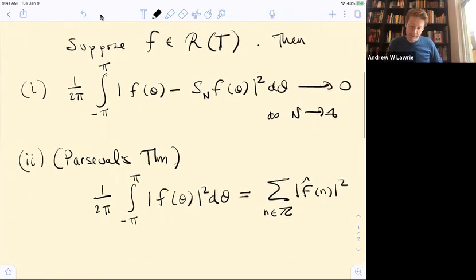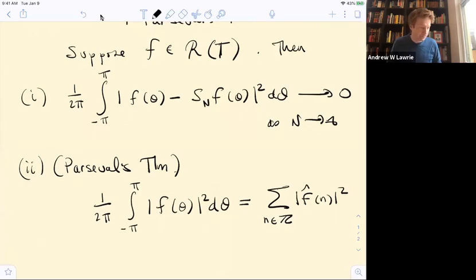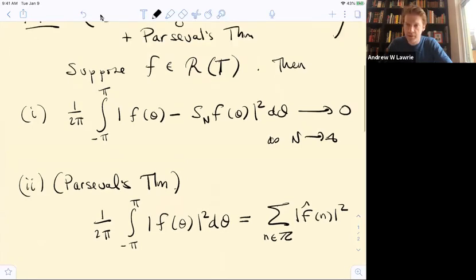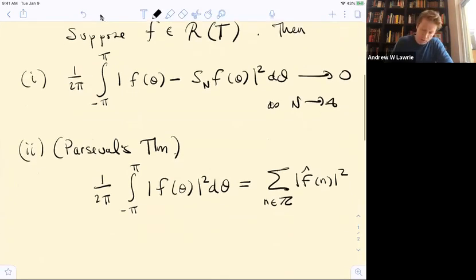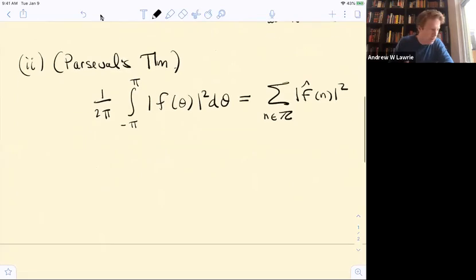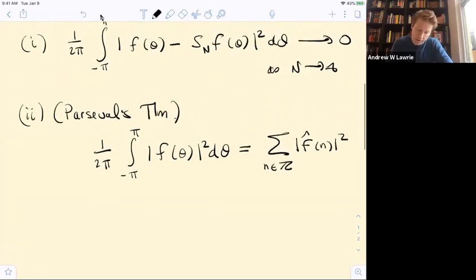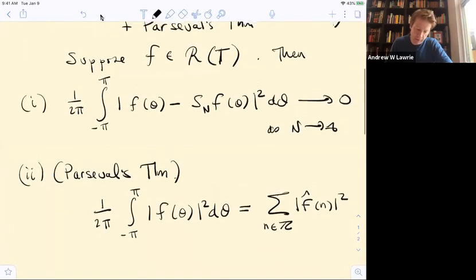Okay, so this is a remarkable fact, and as we'll see, this basically is going to amount to understanding a bit of the structure of what I'll call L2 and little l2, and vector space theory, in particular what are called Hilbert spaces. Okay, so let me give you some more notation, or let me set the stage maybe for this theorem. Does anyone have any questions about the statement?